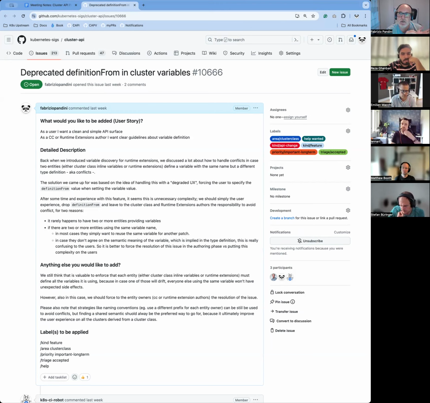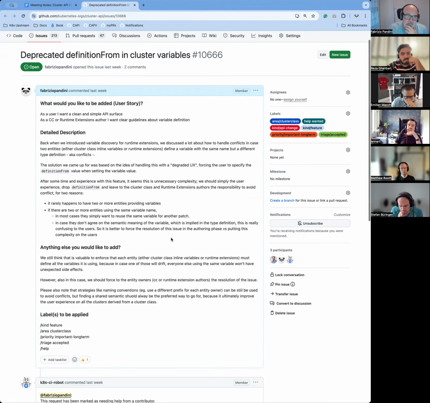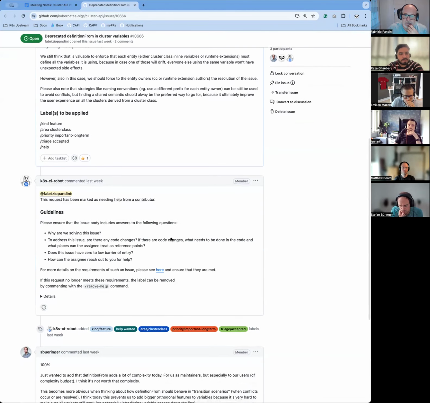So making things simpler is better for users, is better for maintainers, and for the future of this feature. So this is why we are proposing this issue to deprecate this field and drop it. Please